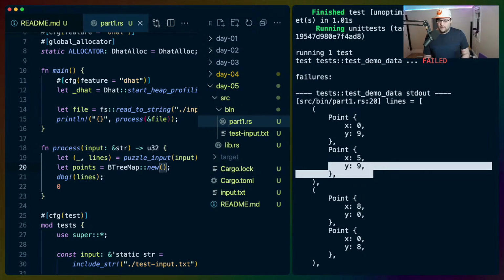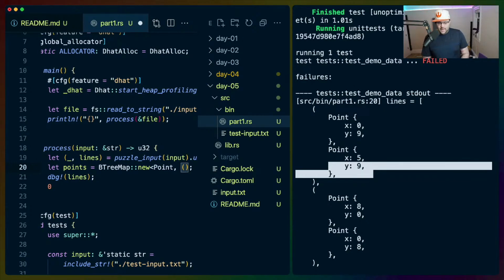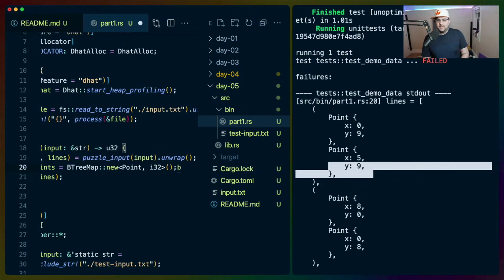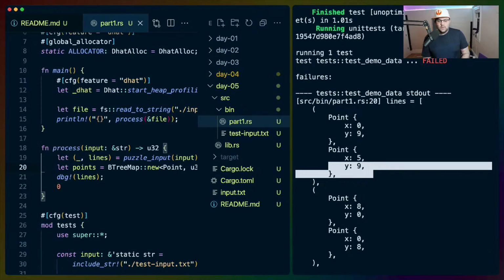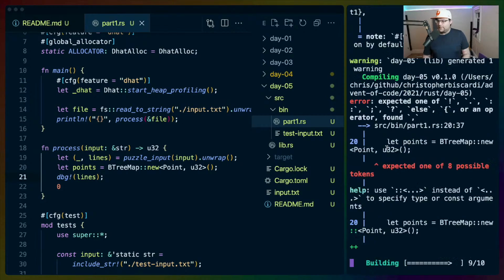BTreeMap::new, and this is going to be like point to count, and count is just going to be like an i32 or something. I guess it can't be negative, right? So we'll make it a u32. It's probably going to be small too, so it's probably not going to be actually 32, but that's fine. Let's compile this and make sure that